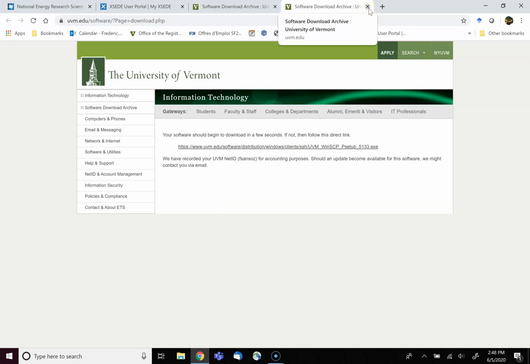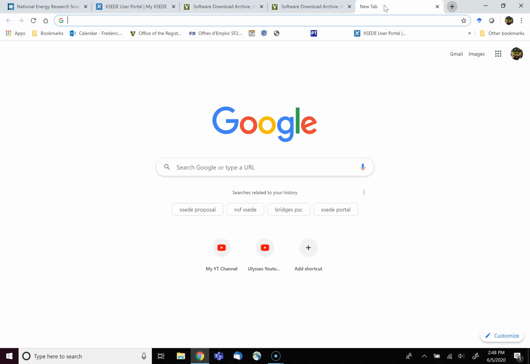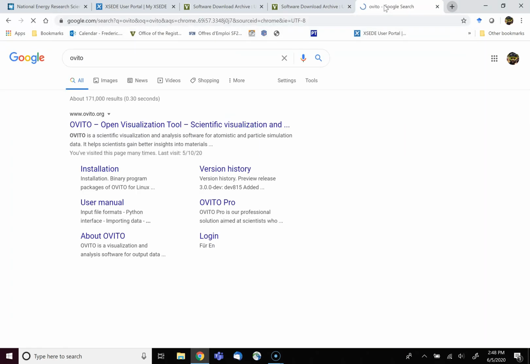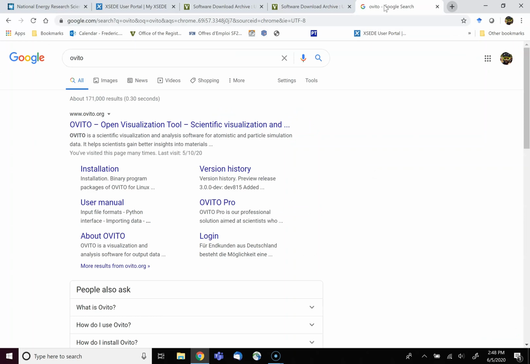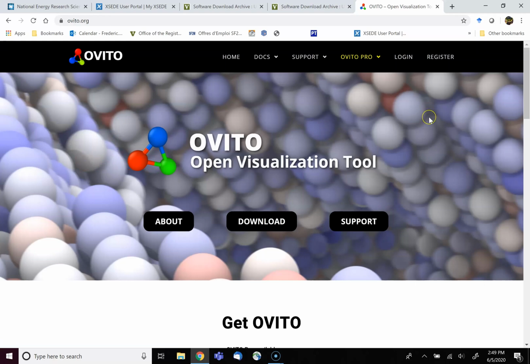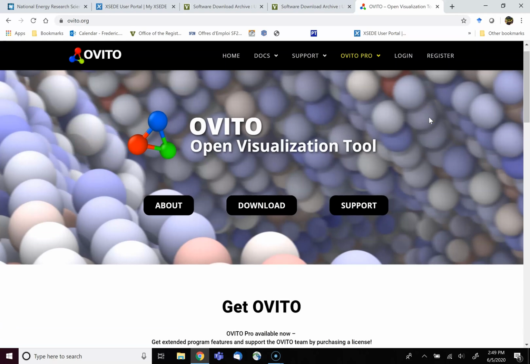All right, so the other software we're going to need for the analysis is OVITO. OVITO is a visualization software for reading the output of your simulations from LAMMPS. They have different options.